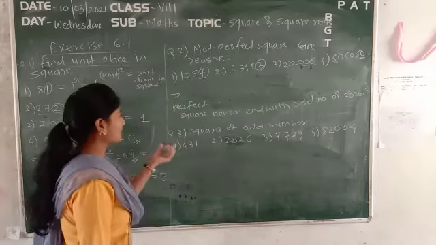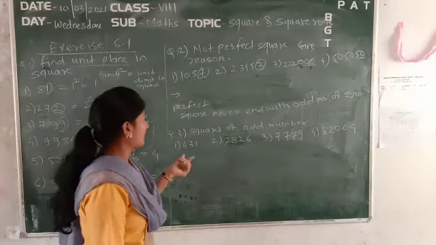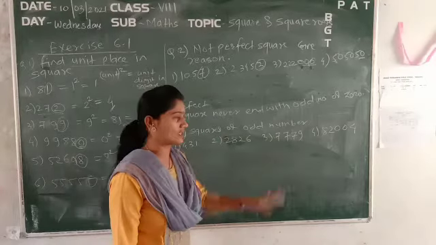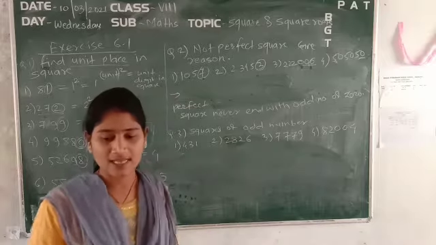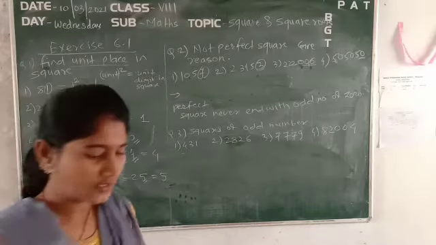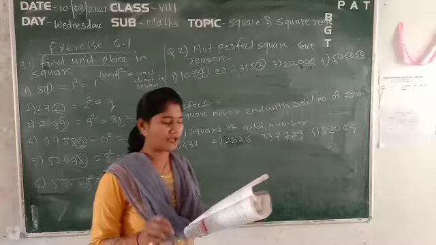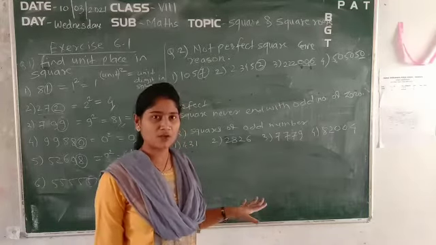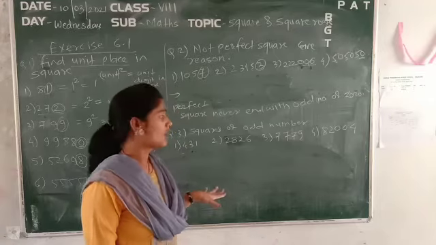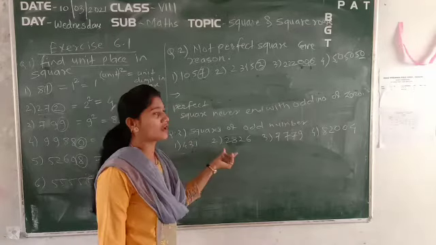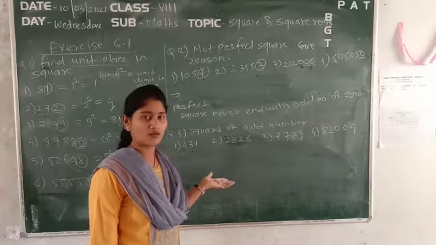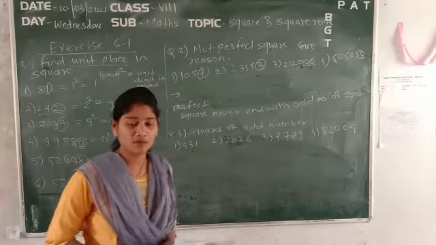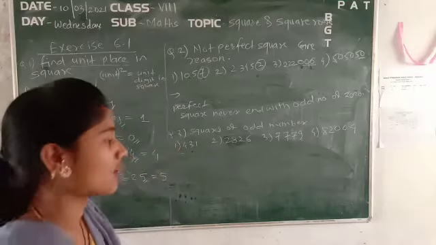Now what is the third question they are asking you? These are the squares of odd numbers. See here, some numbers are given, and I will read the question: the square of which of the following would be odd numbers? The question is asking about these four numbers that they have given to you. Within that, what you have to find out is the squares of the odd numbers. Only the squares of the odd numbers. Now see, the square of which of the following would be odd?